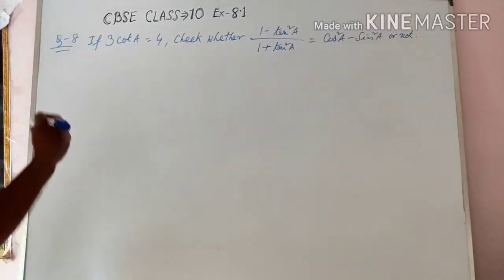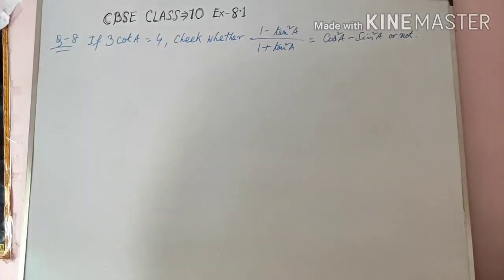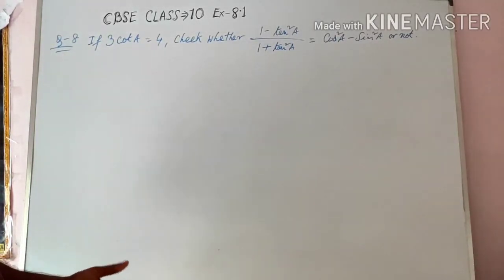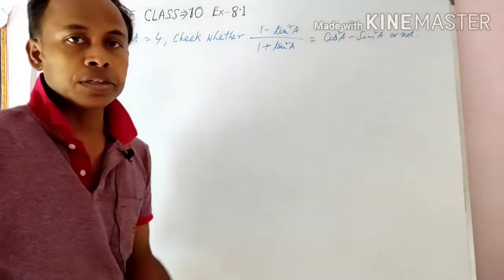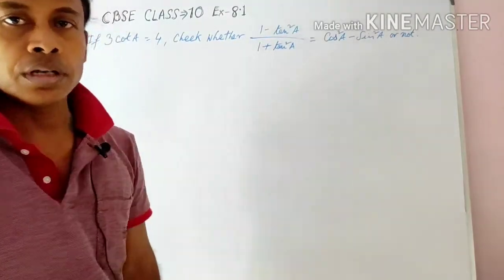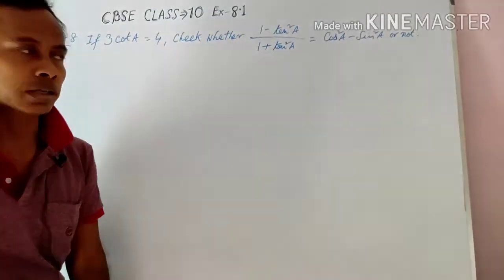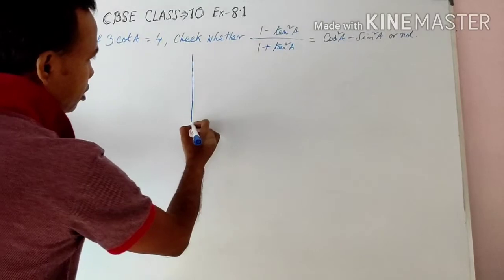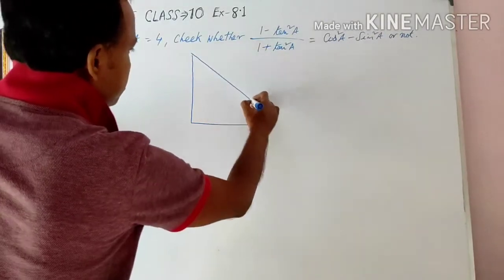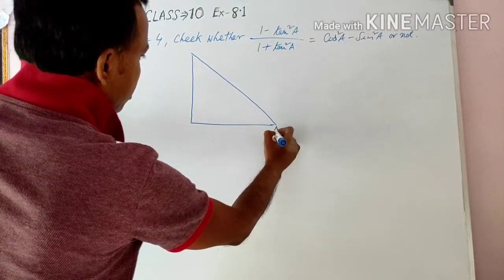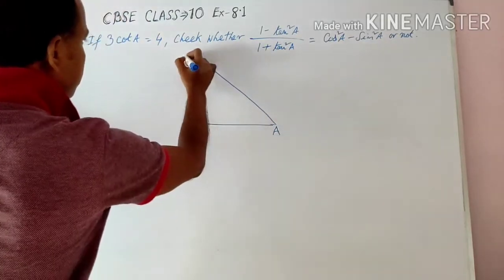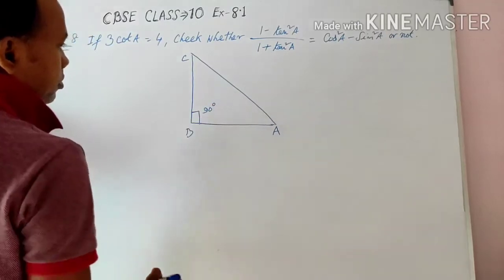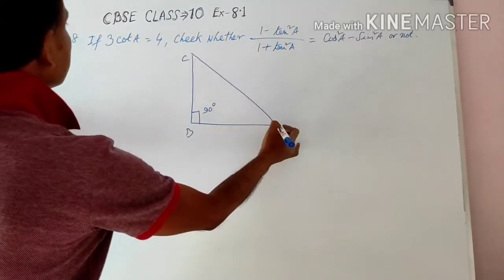So this is trigonometry. We know that trigonometry is basically used for right angle triangle. Trigonometry is only applicable for right angle triangle. So first we draw a right angle triangle. Suppose this is your right angle triangle. Name it A, B, C, right angle at the point B. That is, this is your 90 degrees. This is your angle A.